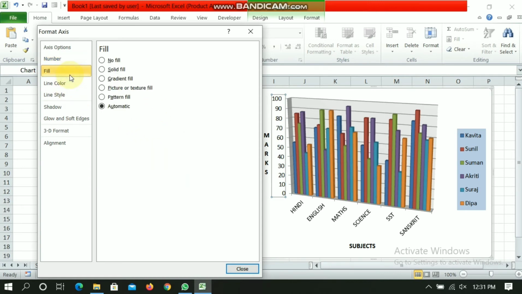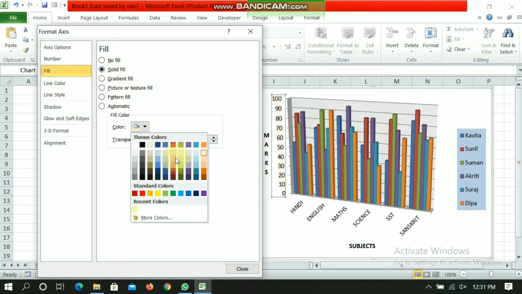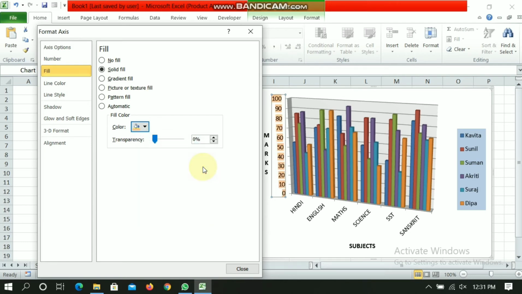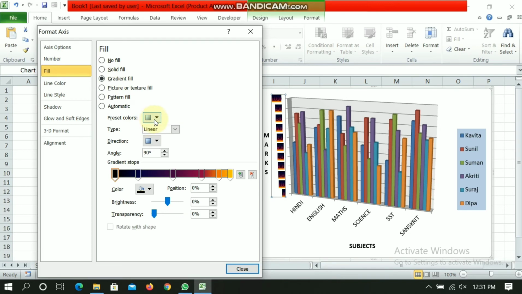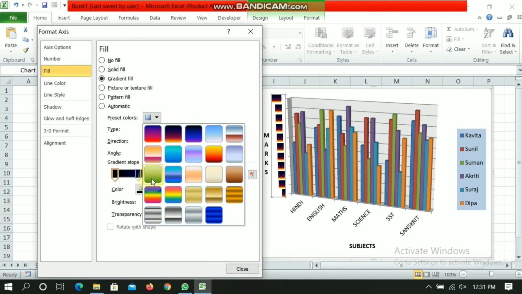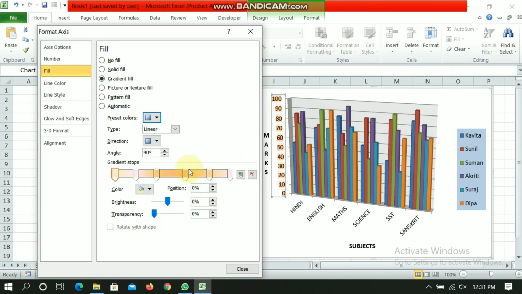You can change the color of that box, like this. There where you have written number, that will change, like this.